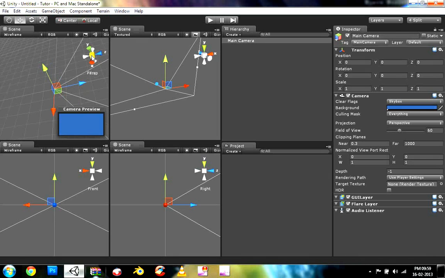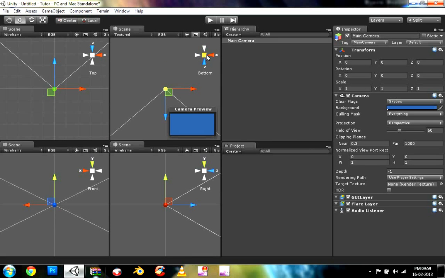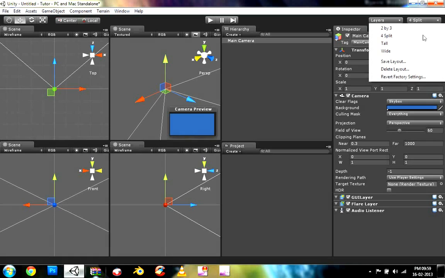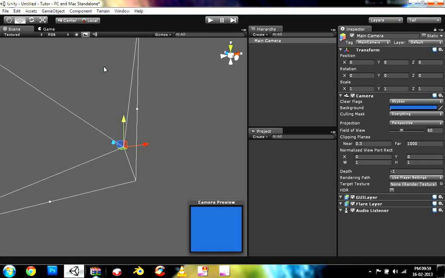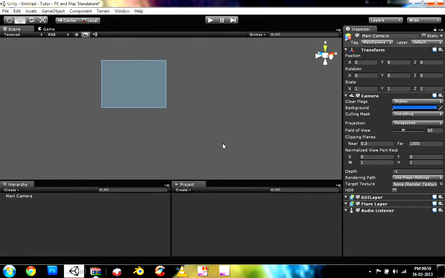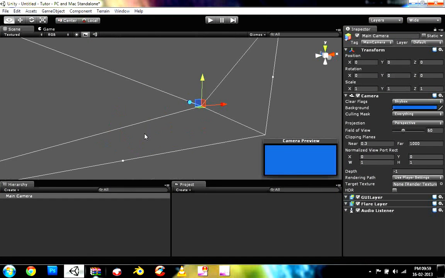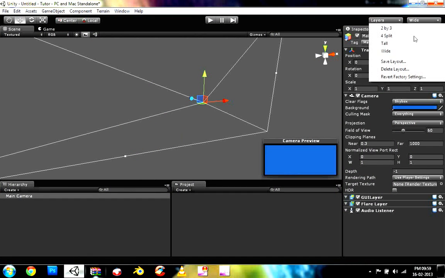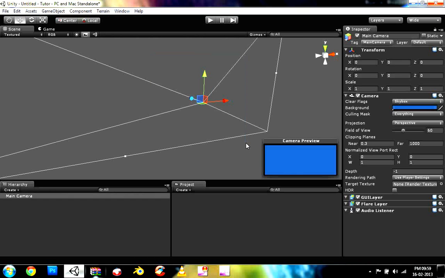The top view is already given as the y-axis, and the different axes are given in this 4 split, and there is a tall layout over here. All are the same, just the hierarchy and project are placed differently. I am using the wide layout, which is pretty comfortable for me. If you are comfortable with tall or something, you can use that.